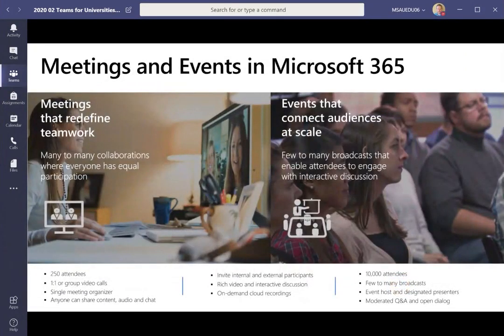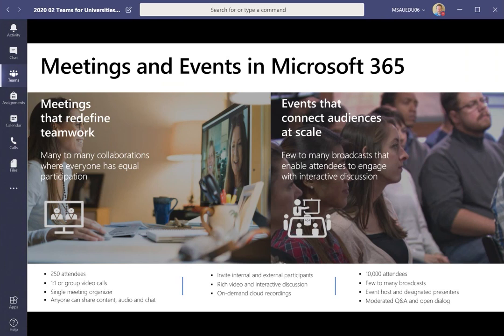Just a recap about meetings and events. I did mention this briefly. So you're equal within a meeting. Anyone can turn on their mic and contribute to the meeting. Anyone can share a video feed of what's going on in their room. Anyone can share their screen. So a meeting is much more collaborative for those small groups working together, whereas an event is about broadcasting to